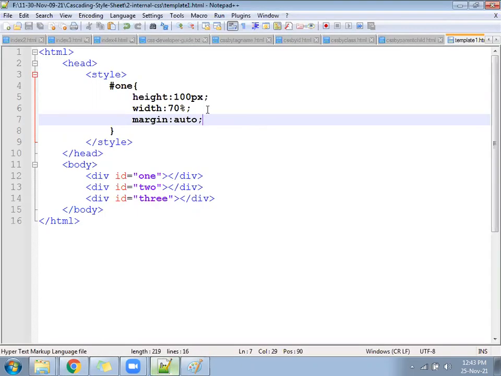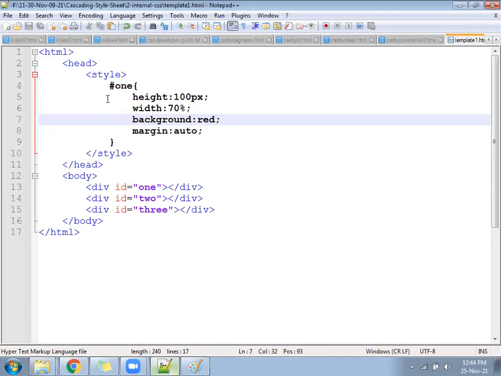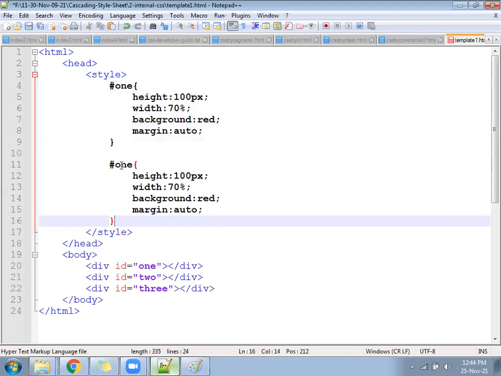Background we have not written. Background red color. Background red color, and 1 appears. Next, how do we want it? Next, we want it like this, something sky blue color.